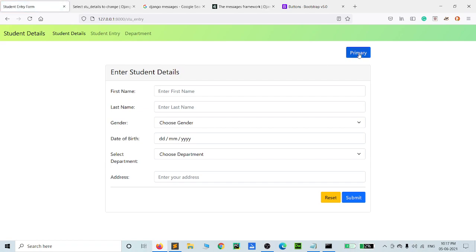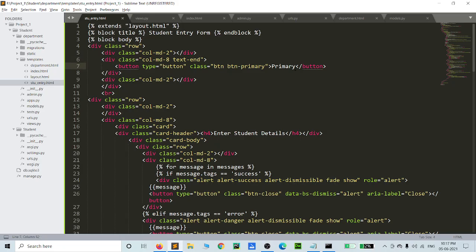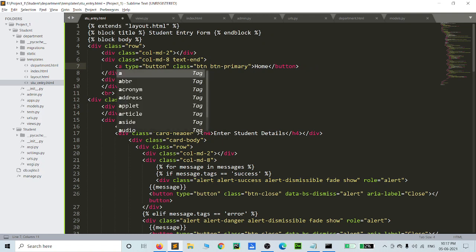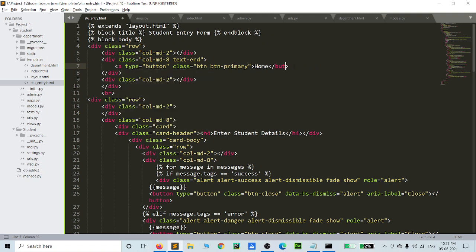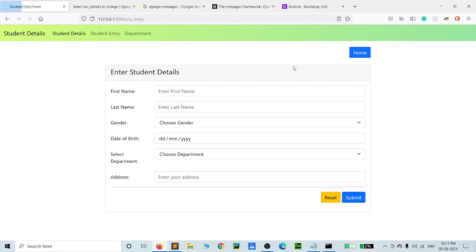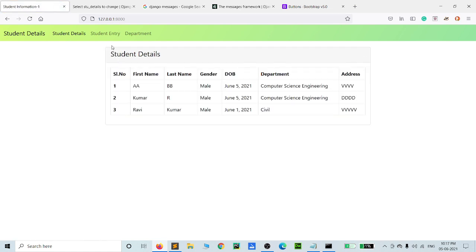Okay, so automatically, if you want this button to go to the home section, without the button type, we can give an anchor link here, then we give the href value, so add the index method url, index block. Okay, refresh it, see that, yeah, successfully came to the index part.